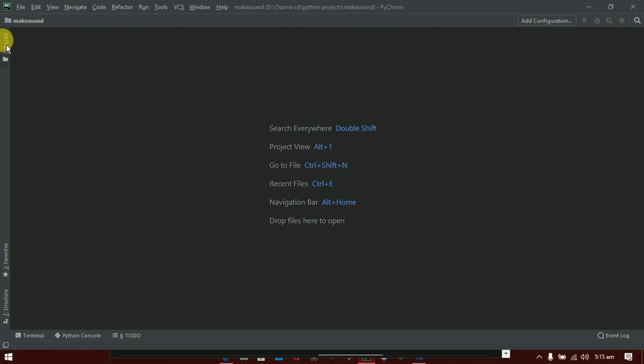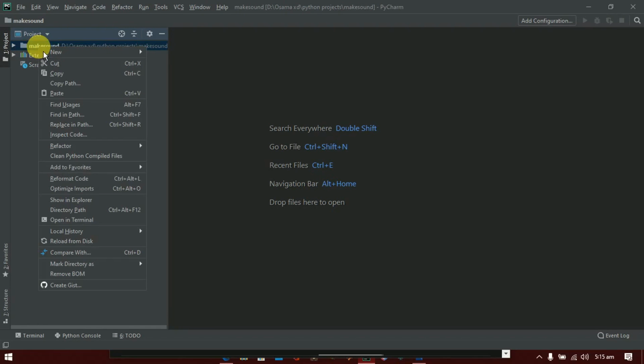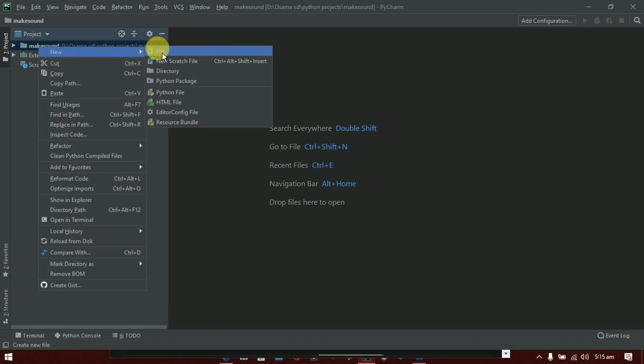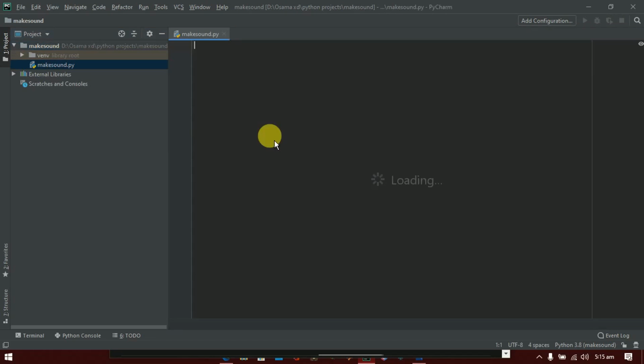Okay, I've just created a new project and I'm gonna create a Python file. Yes, I'm using PyCharm. You can use whatever IDE you want to use. I'm gonna name it make sound. Okay, I'm using Windows, so I'm importing